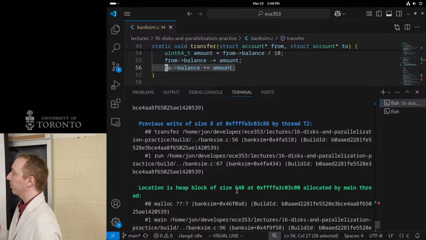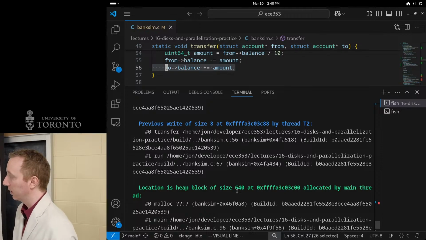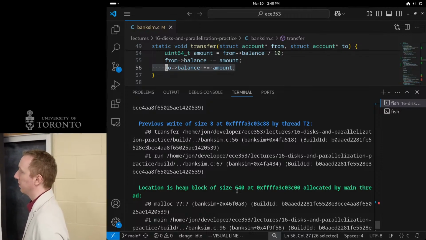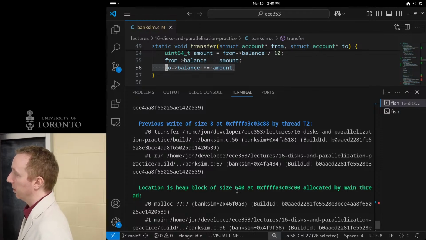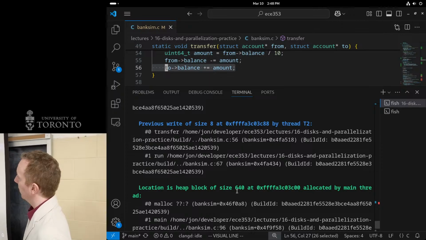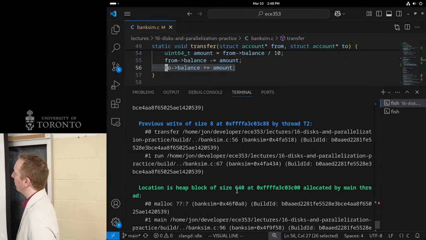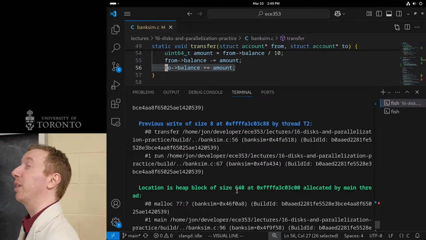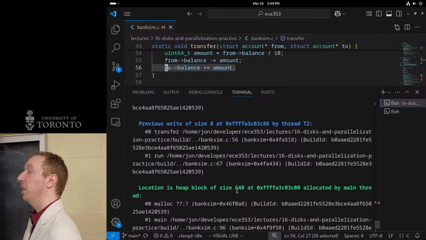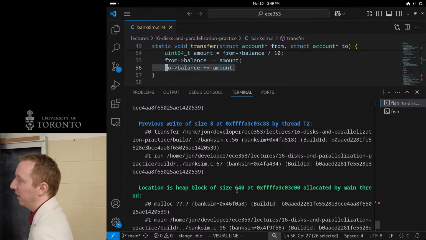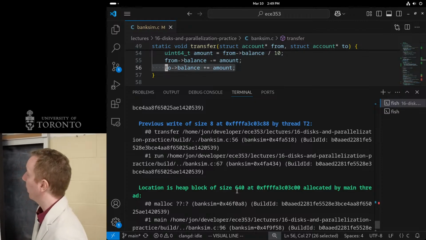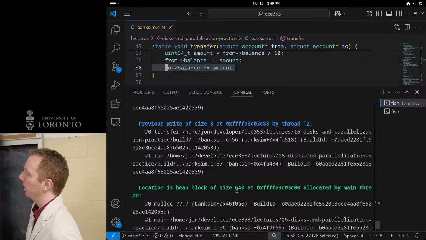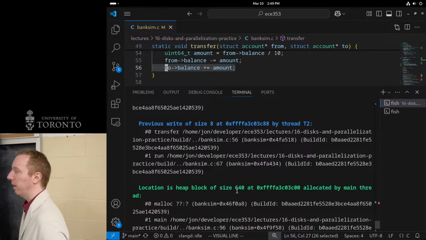Yeah? So just curious, here it keeps referring to threads by T0, T1, T2. How do we associate that with the actual threads we created? Like, is there an easy way so that we know which actual thread? Yeah, so the question is, how do we associate them with names of actual threads? I believe there's a call where you can actually name your thread if you want. In this case, all my threads are doing the same thing, so the name doesn't really help me that much anyways. But if you had threads doing different things, you can name them. I think they might show up here. I haven't had to do that, though.